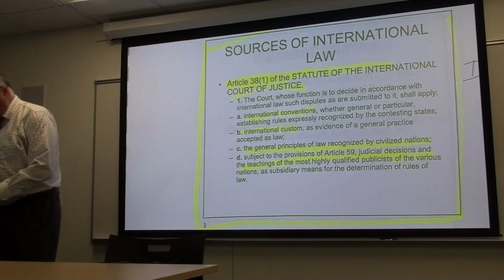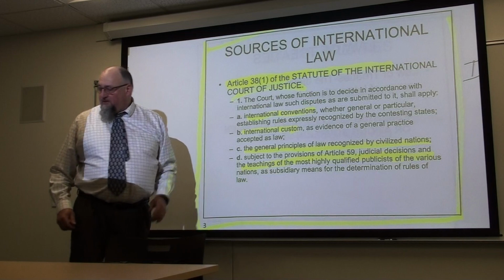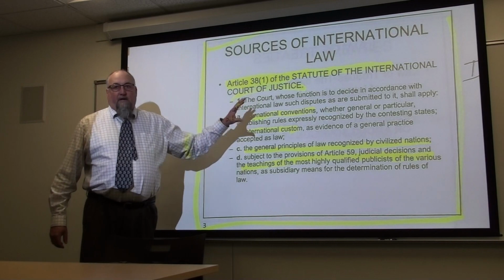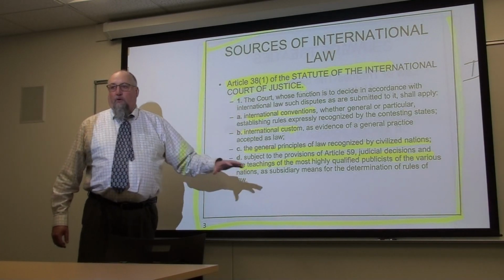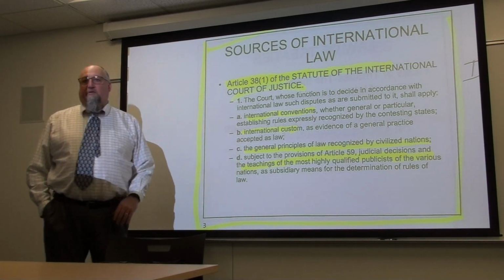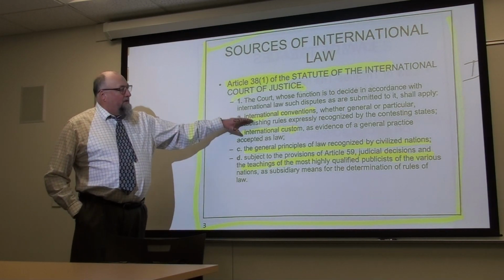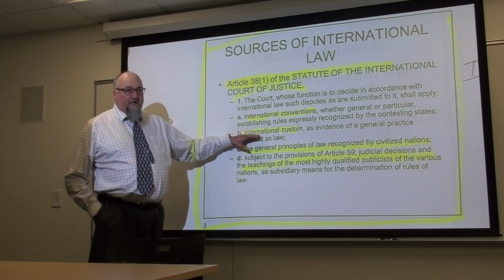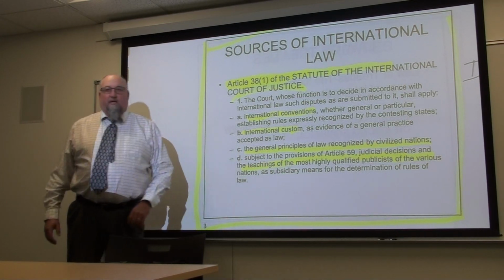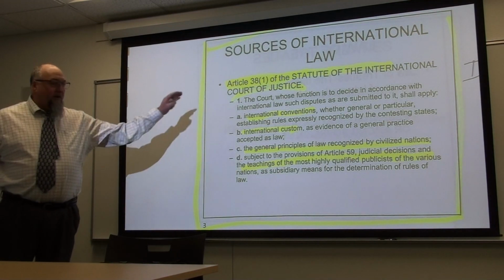Okay, so last time we were talking about Article 38 of the International Court of Justice. And again, just to remind you, Article 38 essentially sets forth the hierarchy of the four primary sources of law that the International Court will look at in the event of a dispute: international conventions or treaties, international customary law, general principles of law, and then finally teachings and judicial decisions. So let's continue and talk more about treaties and work our way through this list